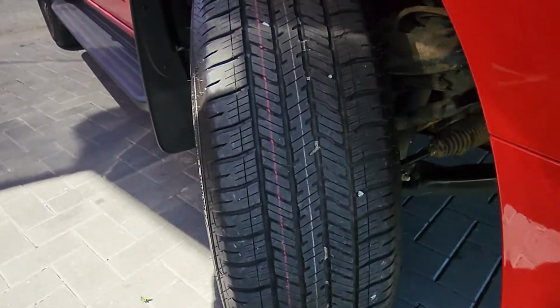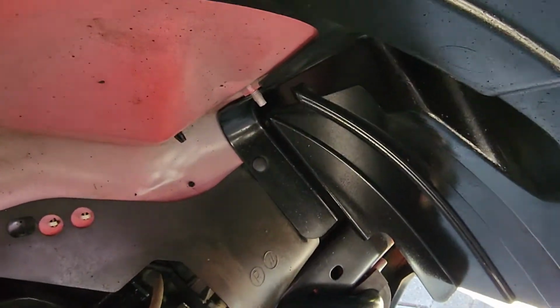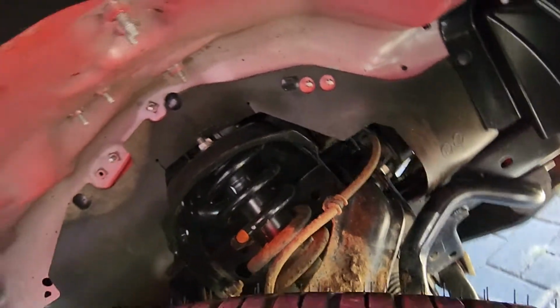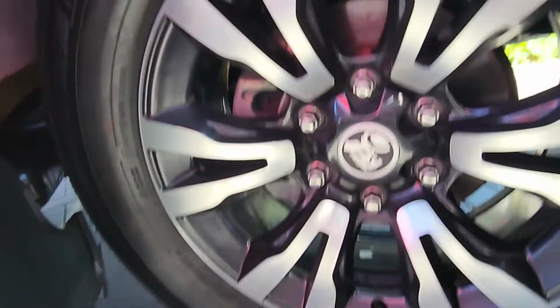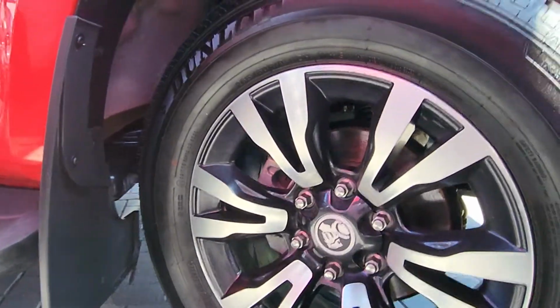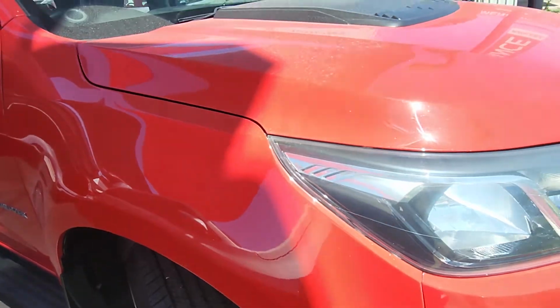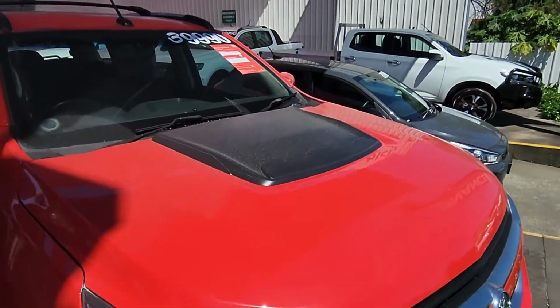So pretty much brand new tyres on these guys, you can tell from the colour line. Same thing, just want to kick that out. Tiny little bit of dust through there, a little bit of dirt, but not too bad at all. The actual wheels themselves are pretty clean as well. Not too much I can show you off those. Some across the guards there as well, and onto the bonnet